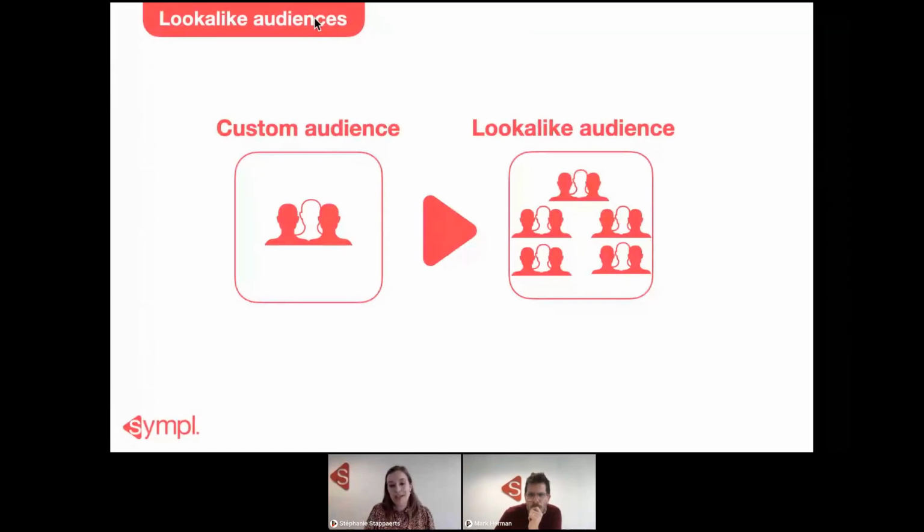You can choose a lookalike that is really like your custom audience, which is really narrow, but you can also choose a broad lookalike audience, which is really, really broad. But of course, then the algorithm will be a bit less strict in combining all the common behaviors and the common interests. But there is an option to make lookalike audiences in TikTok.